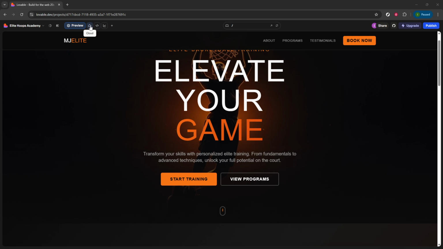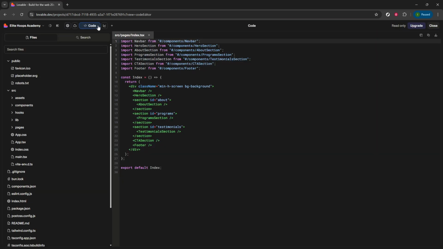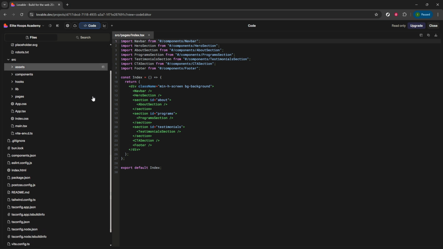To access the code interface, click the code icon located right beside the preview button. This opens the code view for your project. It's designed to show you the underlying implementation so you can inspect how components are wired together. Viewing the code can be especially helpful for debugging, learning how generated pieces work, or confirming that recent changes are